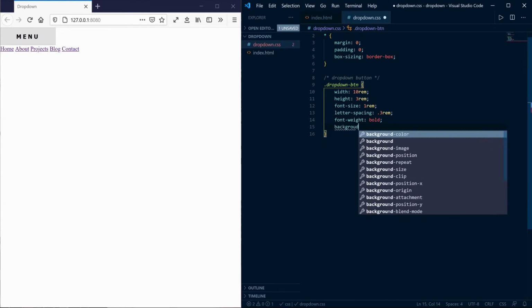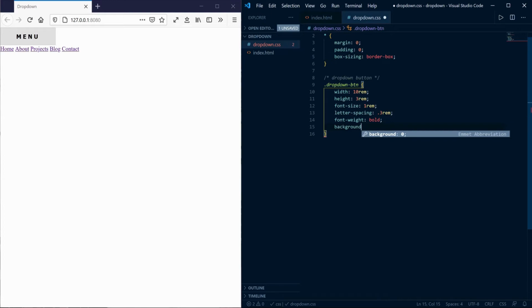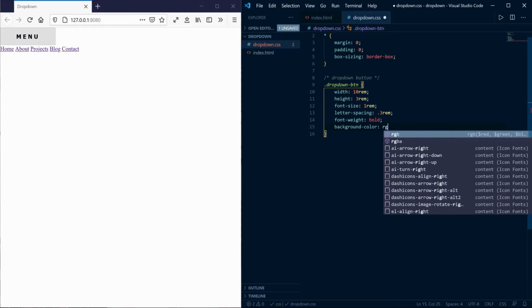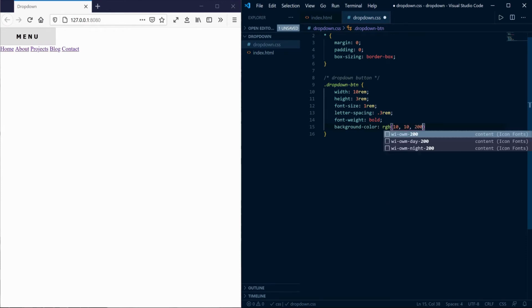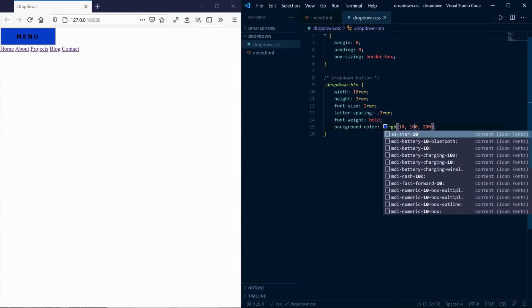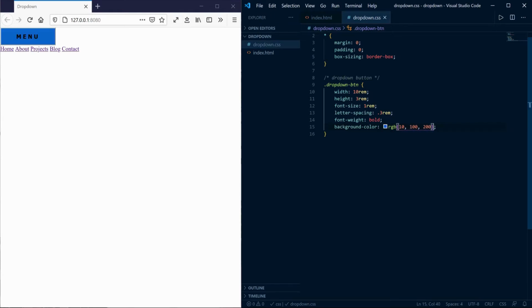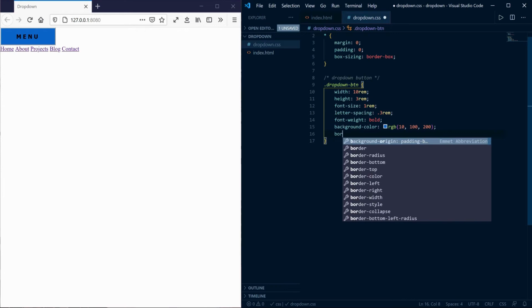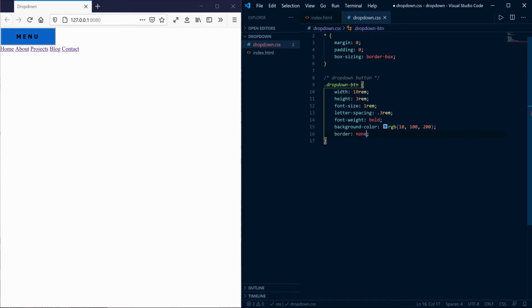Give it a background color of blue. Set border properties to none and set text color to white.